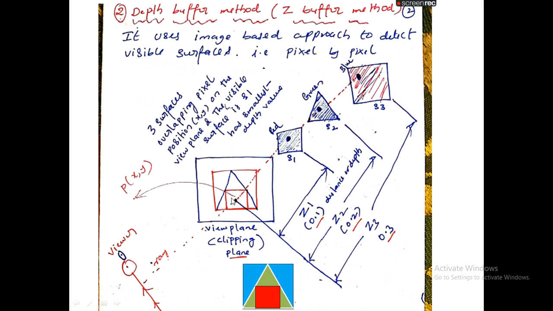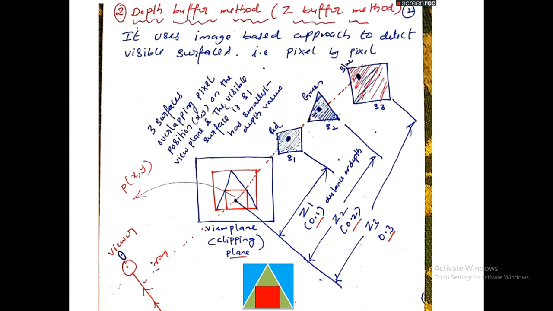1. Now assume that after processing surface S1, the Z buffer is processing surface 2, called triangle. When the Z buffer is processing surface 2, it compares each pixel of surface 2 with the already processed surface 1 pixels.